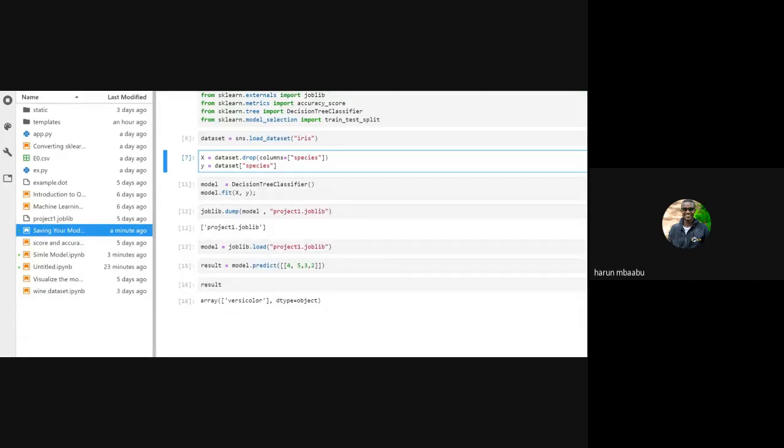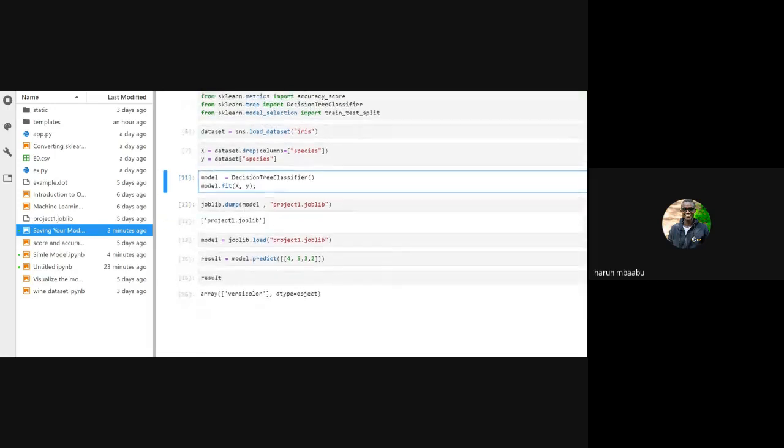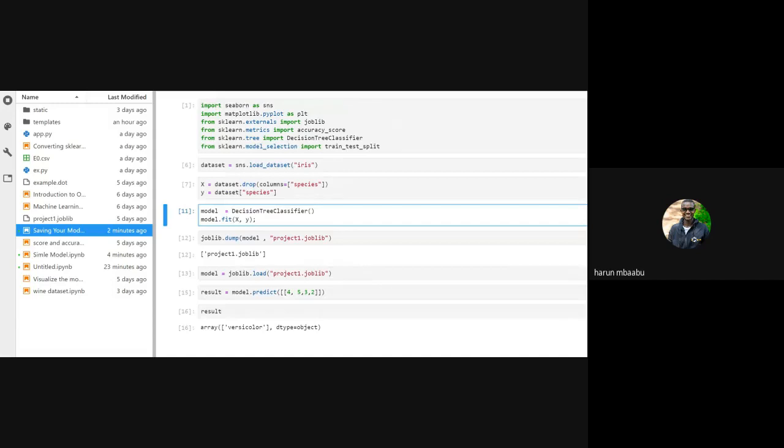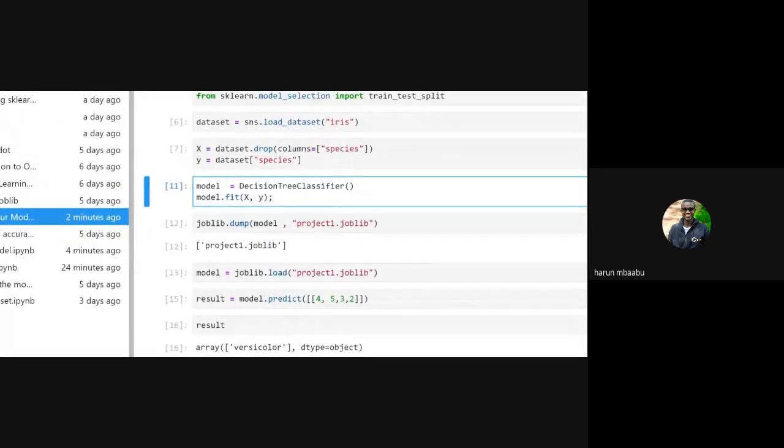There are labels and inputs in any machine learning algorithm. I won't repeat anymore. So after that, I think you know how to make an instance of your machine learning algorithm. Then the next thing you do is fit the model, using the inputs and the labels, or the input and the output. Then the joblib package that we imported comes with a method called dump. I don't know if you're understanding.